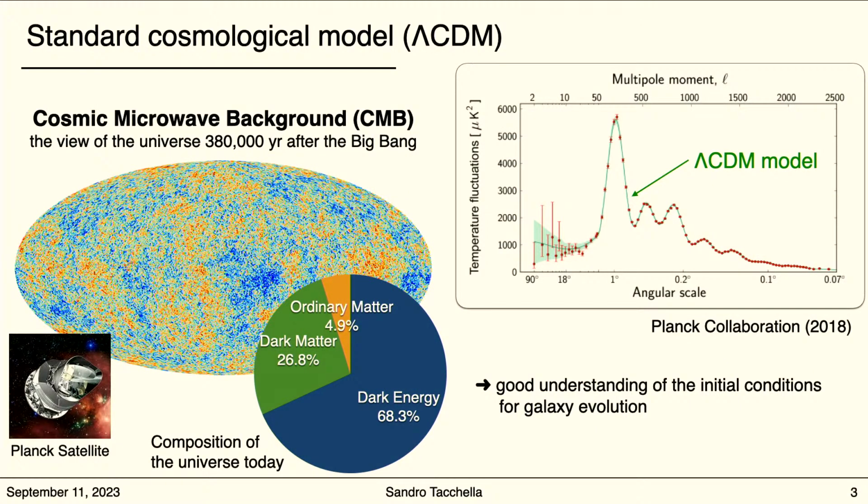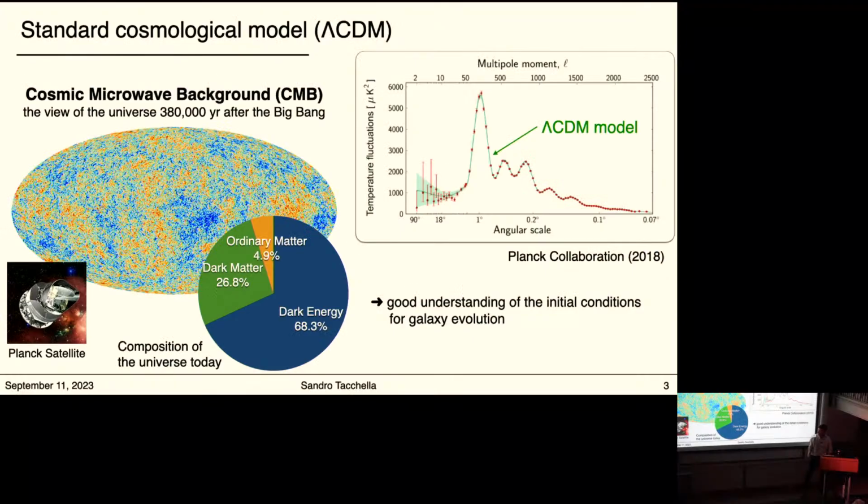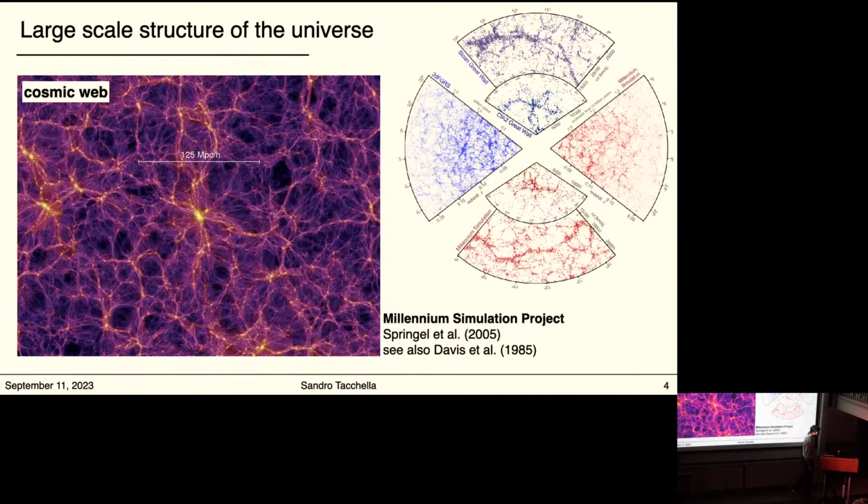You can see here a map from the Planck satellite that shows you, to first order, the initial conditions for galaxy evolution and formation. And our standard cosmological model, the lambda CDM, fits this data very, very well. So we can say that to first order, we have a very good understanding of the initial conditions for galaxies. And so if we assume now that the universe just consists of dark matter,